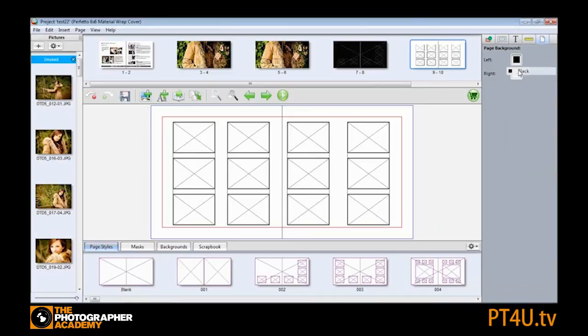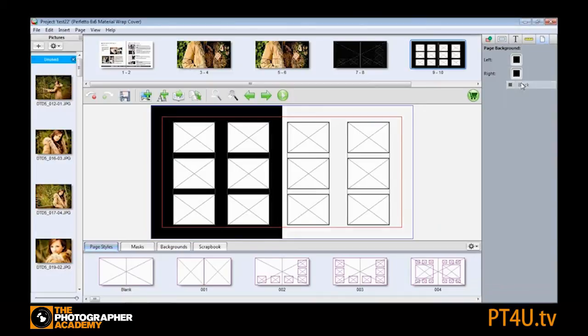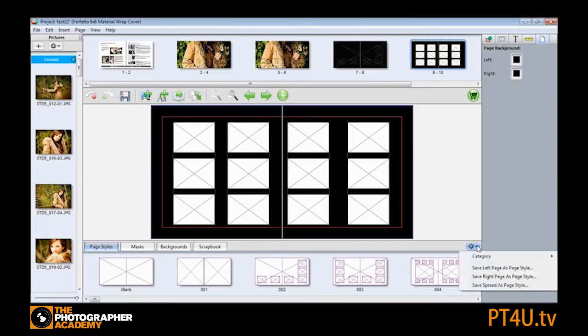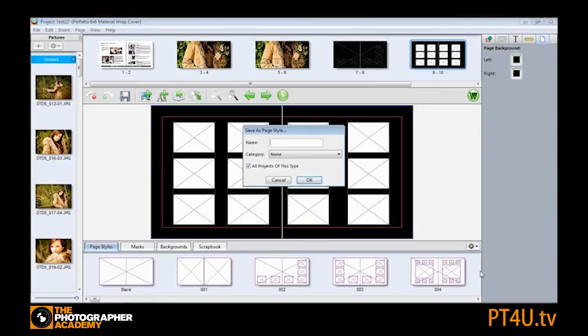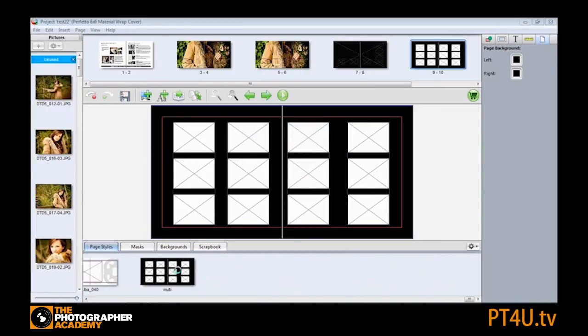So let's just say you made your background black and you've done a lot of work or put drop shadows or whatever on there. You've got the option to save the page or the spread. So I would normally go into Save Spread. Call it anything that you like, so we'll call this multi or something like that. You can select one of our categories, or I would recommend you create your own. So if you click New and then name it something like My Templates, click OK, and you've got that for